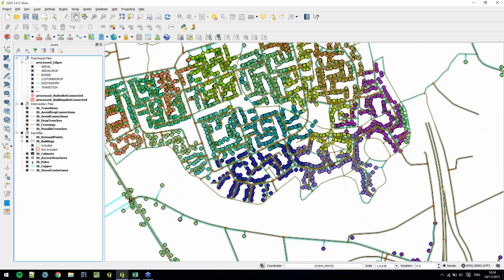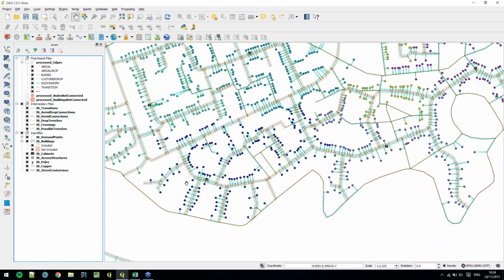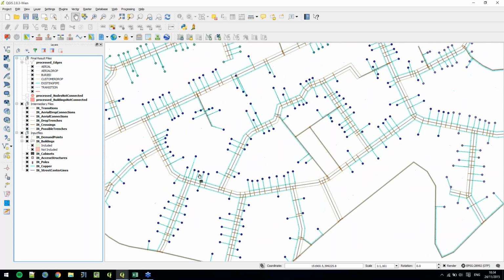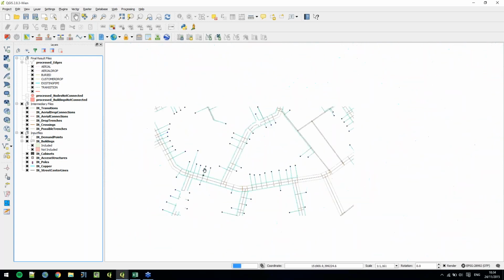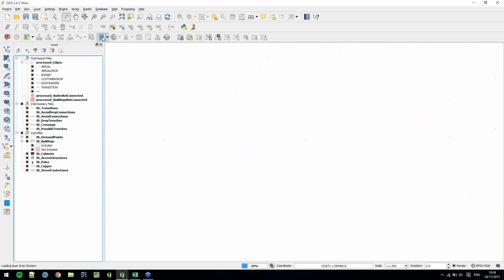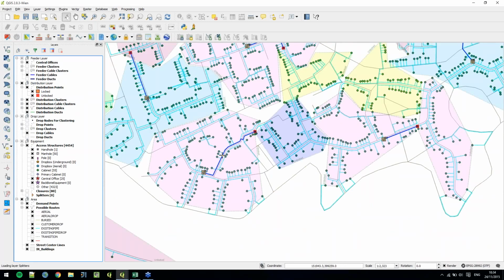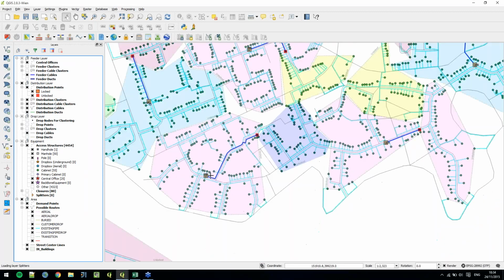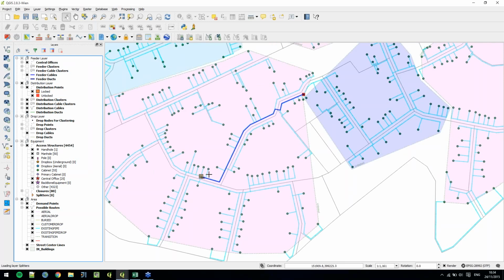homes. So the different colors that you see here are the current copper routes being connected to our existing cabinet locations. And what the software will do is it will reuse those routes to keep serving the homes, but will place new nodes. So let me switch now to the output view for this area. I did a calculation already beforehand. And what you see is this is now a scenario where we want to bring fiber within 400 meters of our demand points, and for this we will need to place new cabinet locations and bring fiber to